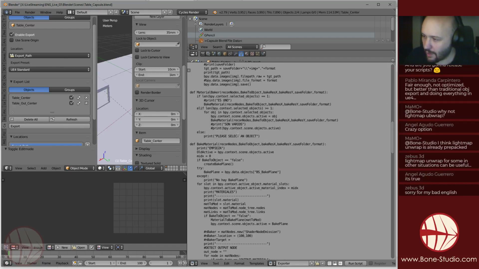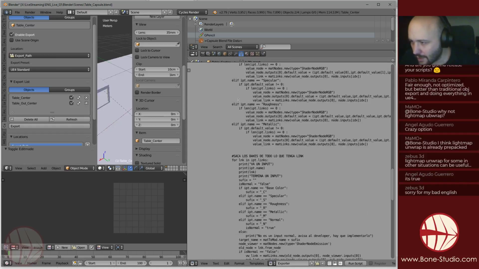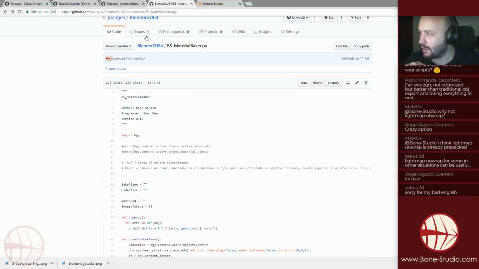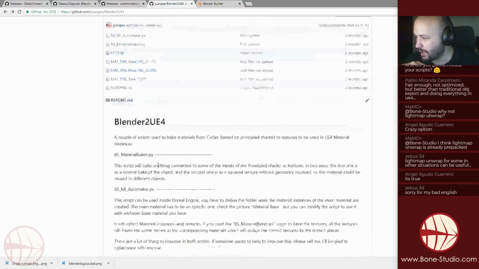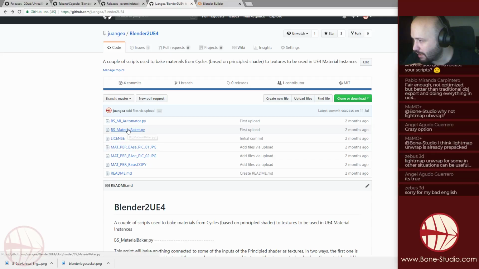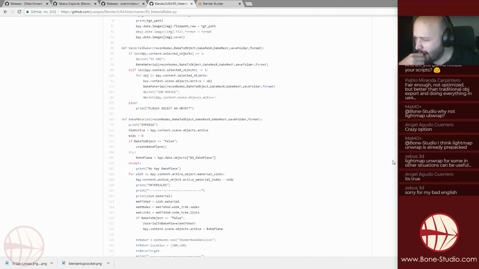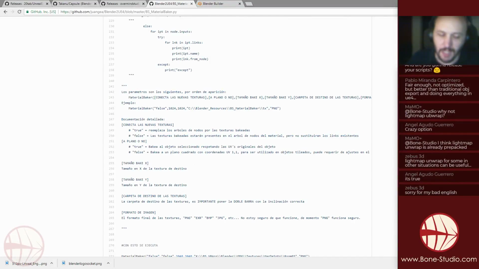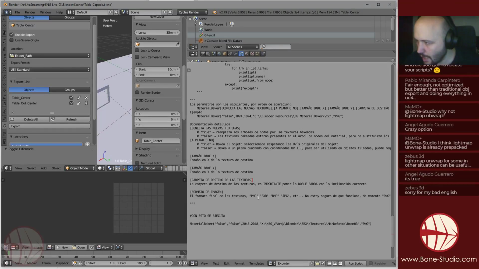I will explain a couple of things later, but you can ignore everything here, and you can go here. This is in Spanish. This is important. This is in Spanish. You can translate. I will update this with the English comments. The rest of the things is in English. No, this is in Spanish. The explanation is in Spanish. I will update this file with the English explanation too, but it's pretty simple. So